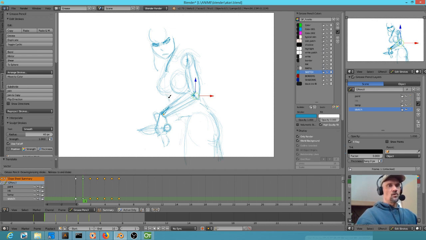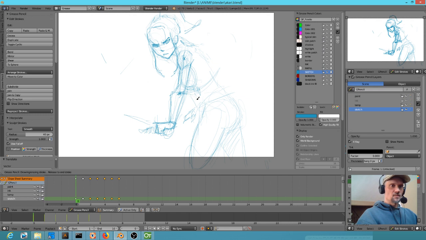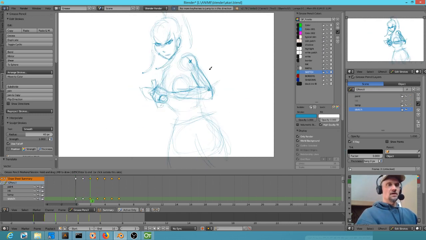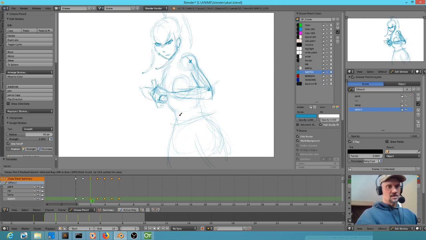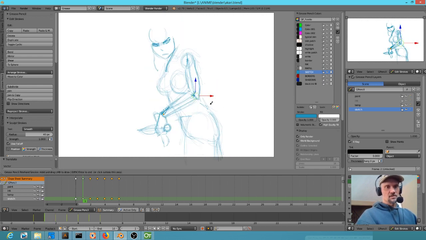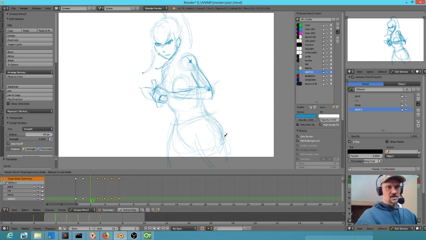If I know what her basic pose is, I prefer to draw her from scratch for the most part. Okay, so anatomically, I kind of like what I did there, but right here it kind of falls apart. So I've got to fall back on my new drawing skills to say, well, anatomically, what's really going on here? I'm not trying to say that I'm doing the greatest job ever, because I'm not, but